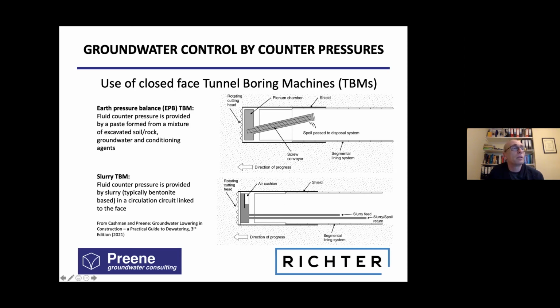This is pumped to the tunnel face, and this space in front of the pressure bulkhead is filled with bentonite slurry. We're able to control the pressure of this slurry, and then this supports the face. As the rotating cutting head cuts the soil and rock, these cuttings are entrained in the slurry, and so then the slurry containing the soil cuttings is pumped back to the surface. There's a slurry treatment plant which removes the cuttings, and in a continuous process, the slurry is pumped back to the face in this way. And most modern tunnels in difficult ground conditions are constructed by one type or other of this closed-face tunnel boring